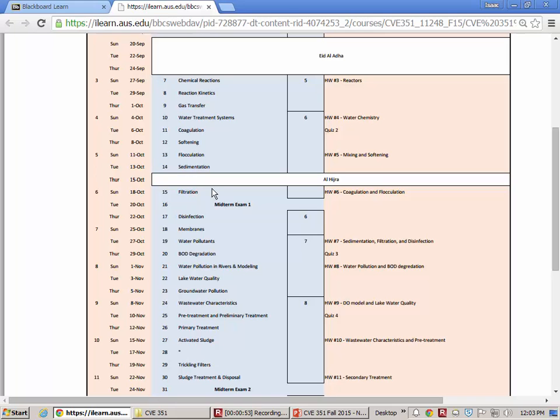As you can see, the midterm is going to be on October 20th, and that will be in class. I'm still thinking through when to have the location of the midterm, and so